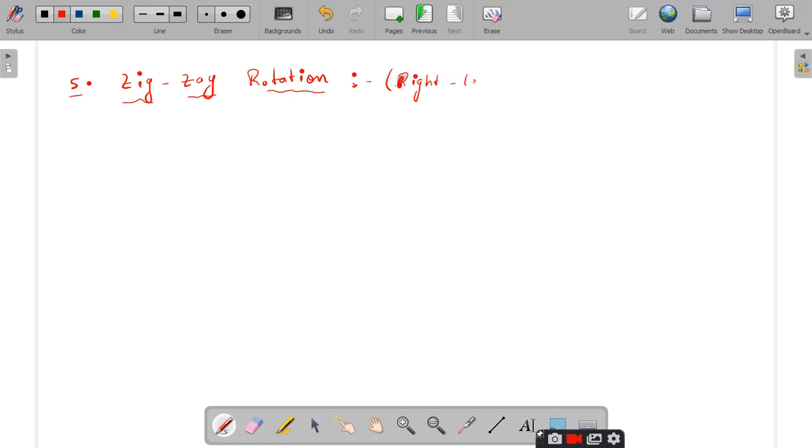So first of all you have to perform the right rotation, therefore it should be placed as the left child. Am I right or not? Don't get confused. And after that you have to perform the left rotation, therefore the child should be the right. Is it clear? Yes, sir.